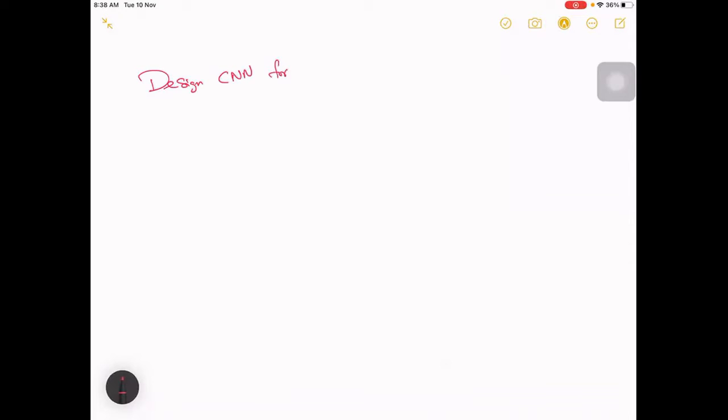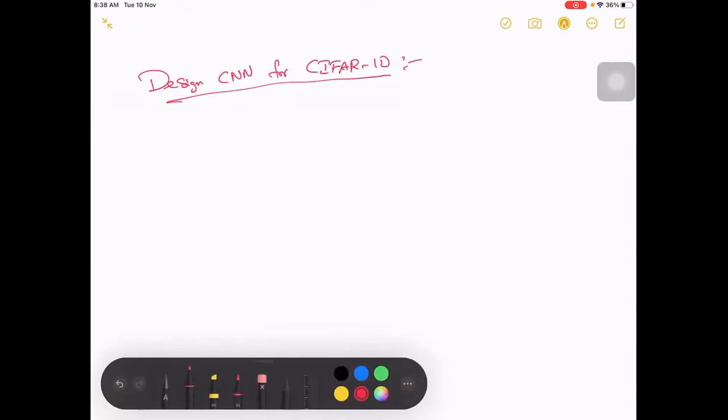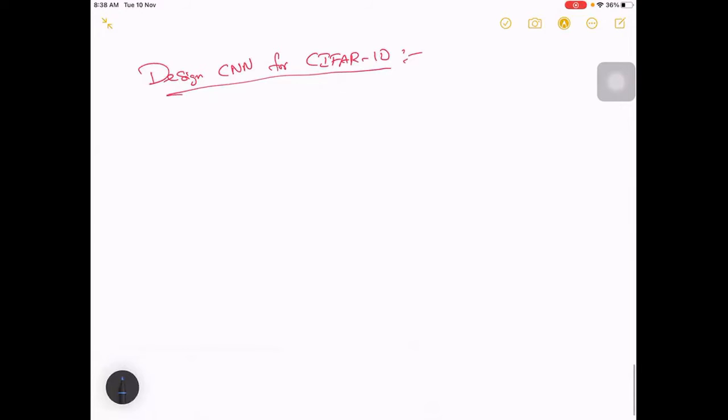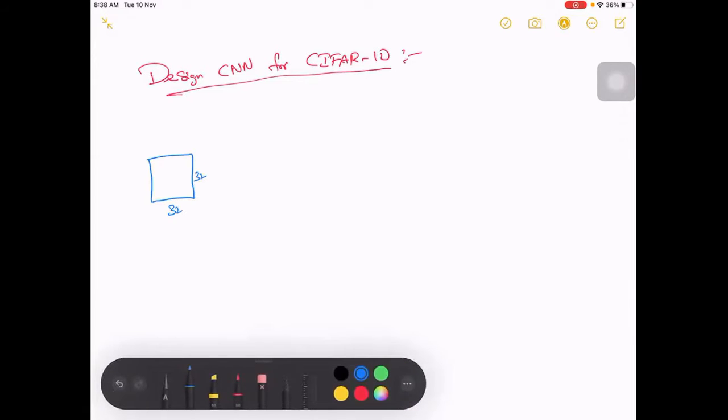I'm writing it, representing it by CNN, convolutional neural network, for this CIFAR dataset. CIFAR-10, this 10 actually means 10 classes over there. So now what is your input? Your input is 32 by 32 and depth is 3.